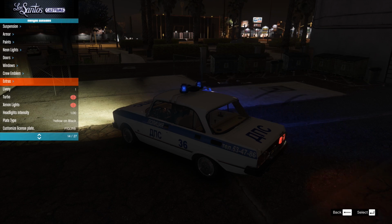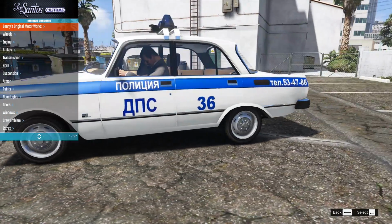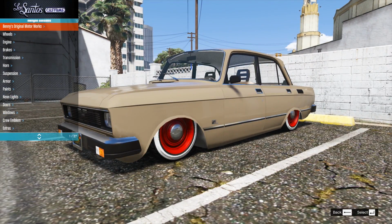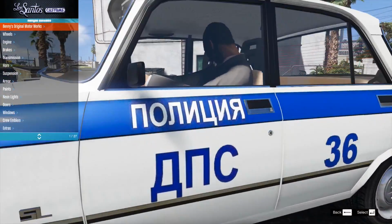Right, let's go back to daytime, because there is actually a few liveries for this one. Okay, so actually there's no real tuning parts for this one. If we go to menus customs, as you can see, no real tuning parts for this one at all. So we can't make it look like this. Well, actually we can, because this one doesn't have any tuning parts. We can technically, but this one is definitely more of a police car. So we have the Polizia